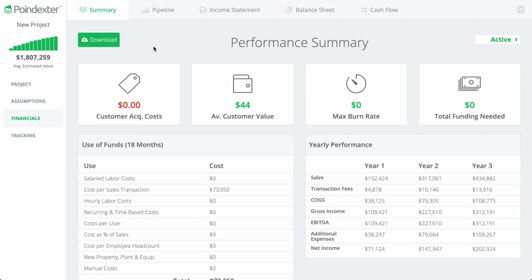Now that we understand how everything works within the budget area itself, we can take a look outside of the budget at the dashboard, which we can use as a scoreboard on a month-by-month basis to understand whether we're on track to meet our business goals. To access the budget dashboard, all we have to do is click the Poindexter logo up in the top left-hand